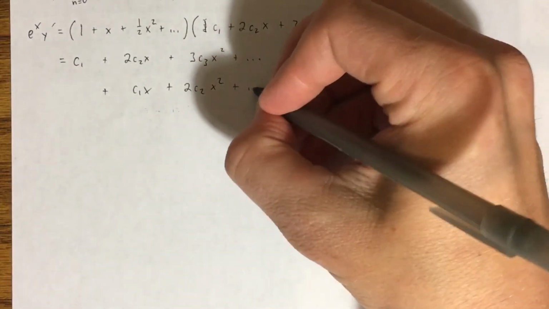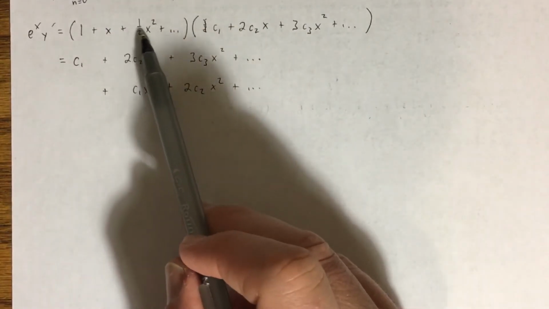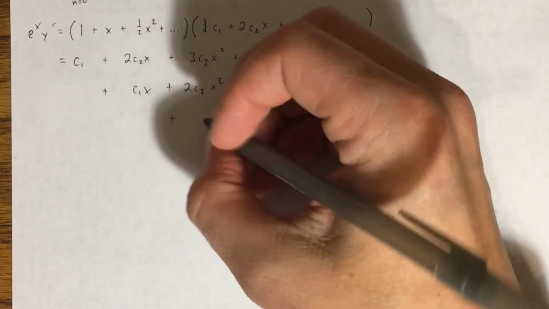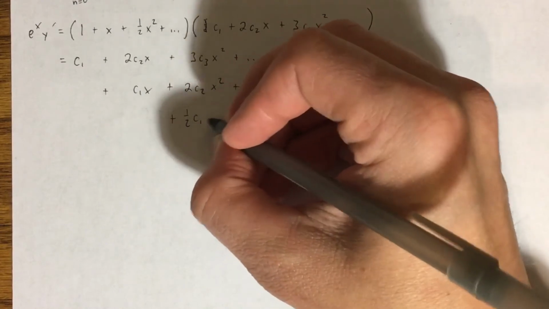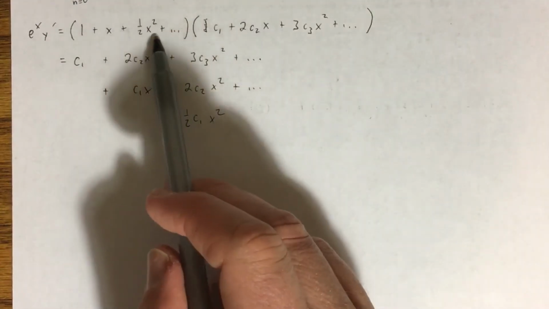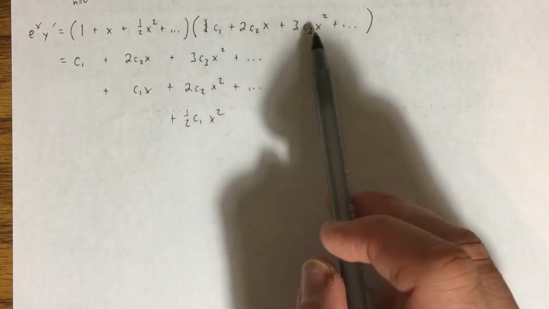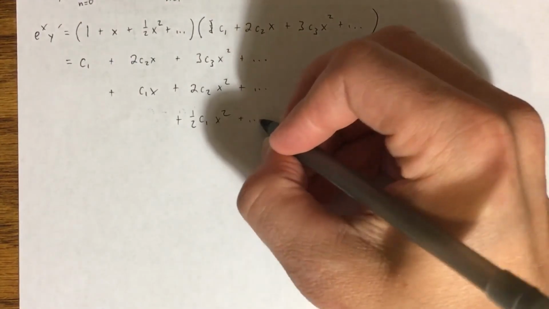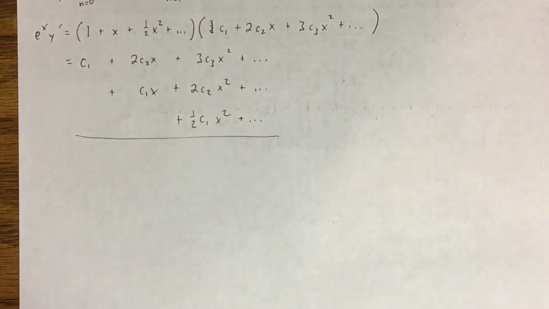So I'm not going to bother writing that one, okay? Finally, plus 1/2 x squared times c1, that brings me down to this step here. That's going to be plus 1/2 c1x squared. And then if I multiply that term to anything else, I get x cubed, x to the fourth. I get higher degree terms than I want. So I don't bother writing those because we're trying to keep this from spinning out of control,